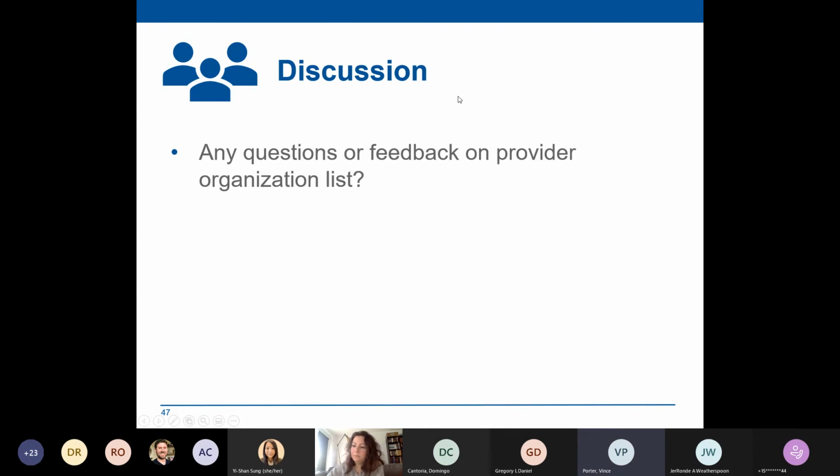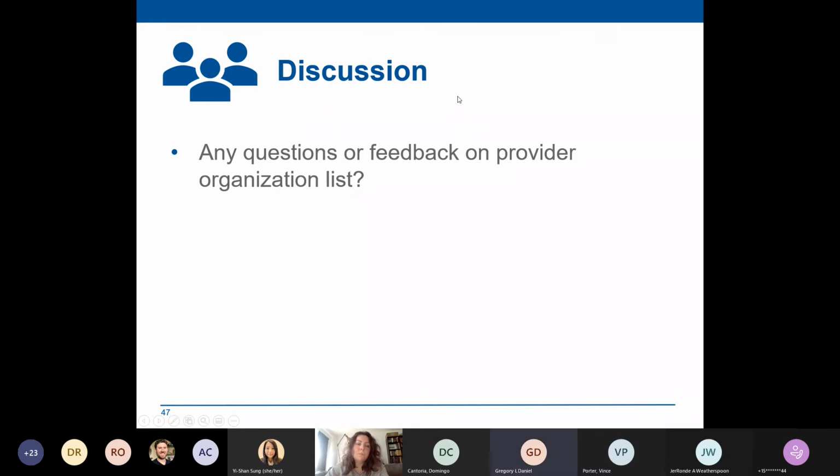Can you say if the "may be included" list is a big list? I'm just curious. It's not, and I'm not looking at the data, so I don't want to quote numbers to you. But when we were looking, there aren't a lot that are 15 member months away from tipping over the edge. There are some pretty clear cliffs in this, and part of that is because of how the attribution worked. All of the data that you reported was already being attributed up to the highest level you could. That means a lot of the noise for the smaller provider organizations has already been addressed in the roll-up.